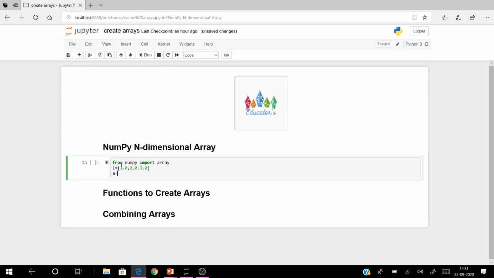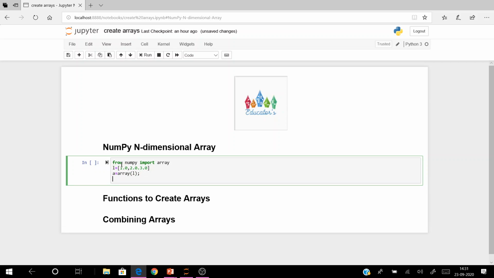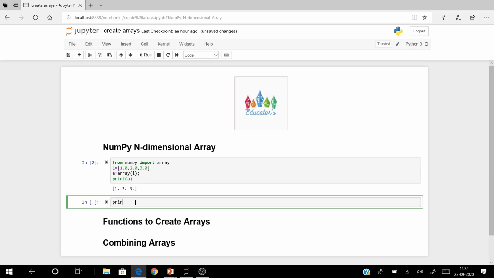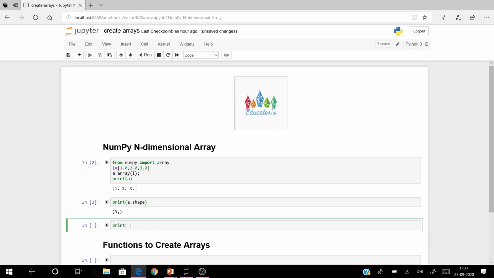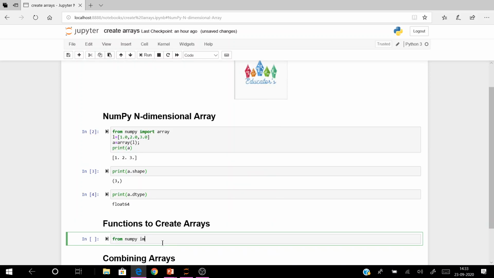A is equal to array of L. Now in this step, I am converting a list into an array. And you need to use print a.shape, and the data type of those elements, print a.dtype.